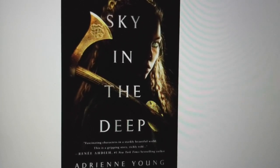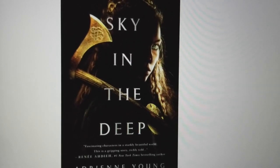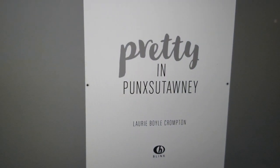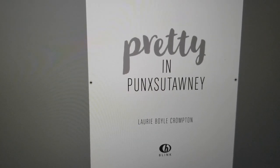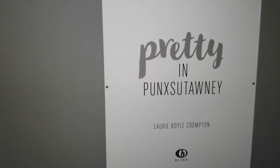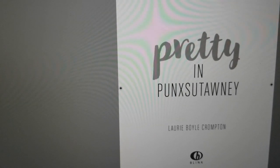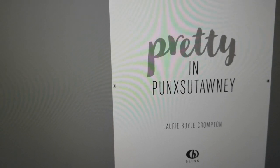Sky in the Deep by Adrienne Young, which I've been hearing really good things about and am excited to read myself. Heart of Thorns by Bree Barden. Pretty in Punxsutawney, which doesn't have a cover yet, but it is kind of a Groundhog's Day meets Pretty in Pink mashup, and it's by Laurie Boyle Crompton, who wrote a book called Blaze, or Love in the Time of Supervillains, which I really enjoyed reading, and I'm excited to read this because of the way it is mashing up